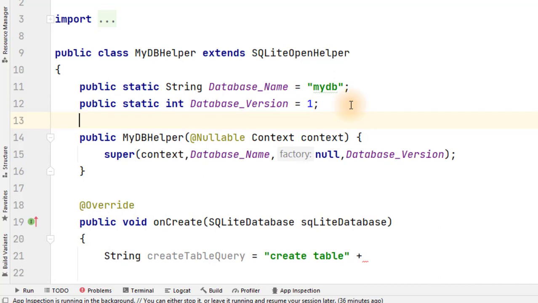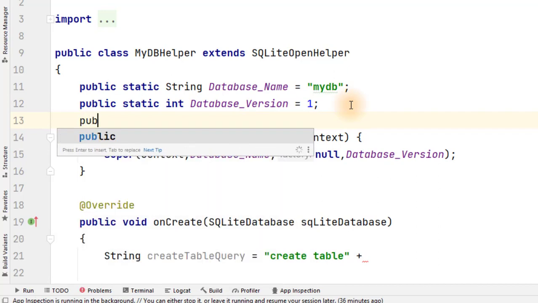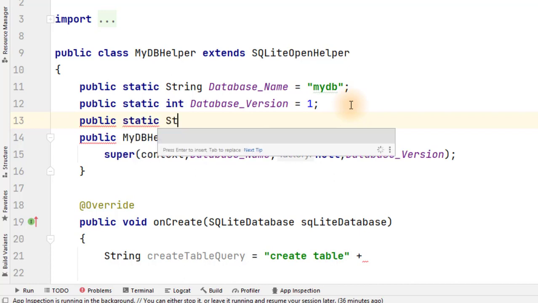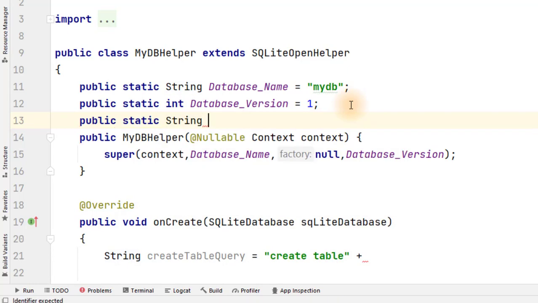Now at the top we define a table name, which is public static String TABLE_NAME.